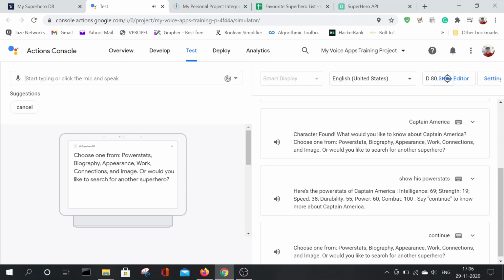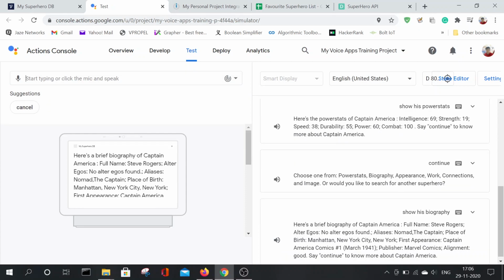Choose one from Power Stats, Biography, Appearance, Work, Connections, and Image. Or would you like to search for another superhero? Let's see his biography this time. Here's a brief biography of Captain America. Full name, Steve Rogers. Alter egos, no alter egos found. Aliases, Nomad, The